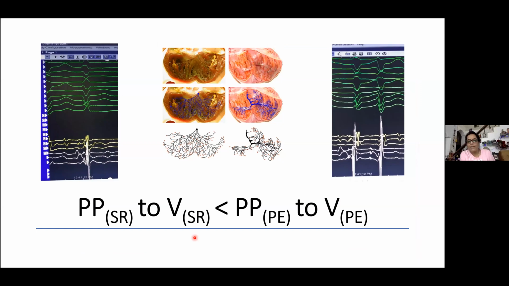93 millisecond early. So you can see here the Purkinje potential to V in sinus rhythm. So this is a normal Purkinje potential. So it's the same site. During sinus rhythm, we are seeing a classical left fascicular potential. Okay, and you'll get a fascicular potential. But during ectopic, the same fascicle is not conducting antegradely. So that means that what we are seeing here is not depolarization made by this exact fascicle. There are some fascicles there which are causing this potential, which are not conducting downstream. So there is a downstream delay.